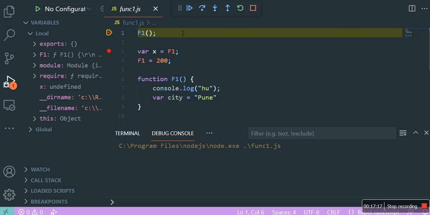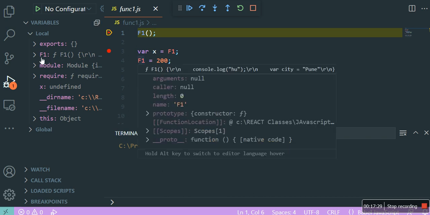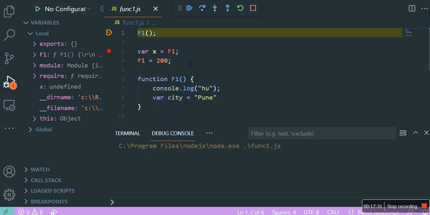No issues. Yeah. So see, it came right now. Again, we are at line number 1, correct? And you can see F1 is already available as a variable, which is storing this function F1. So it means that your function is already available. You don't need to go to line number 6 to wait for this thing, correct? It is already there. So function hoisting means it doesn't matter at which place you define the function using the function keyword. It will always be created before your program execution starts.